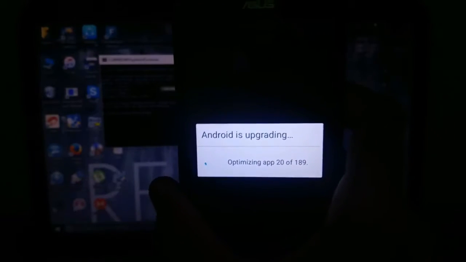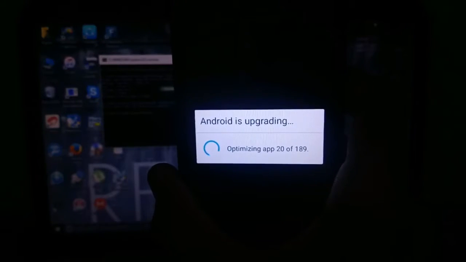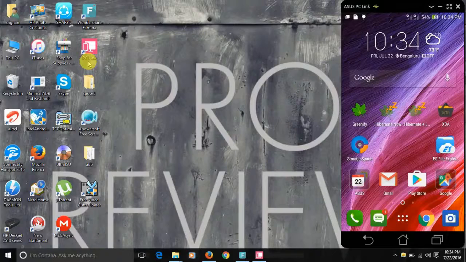I'm gonna skip this. Guys, after your phone boots, we have successfully flashed the Xposed zip file.